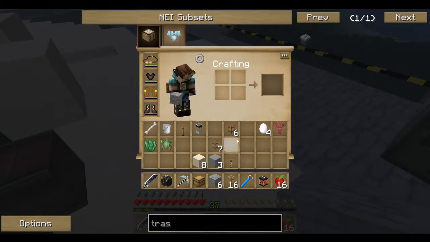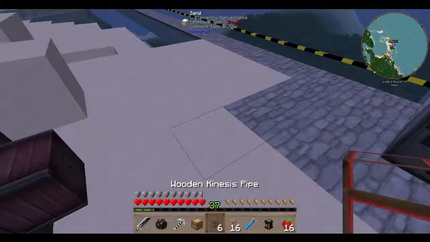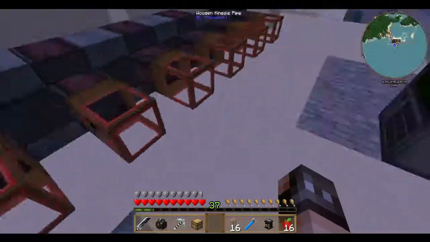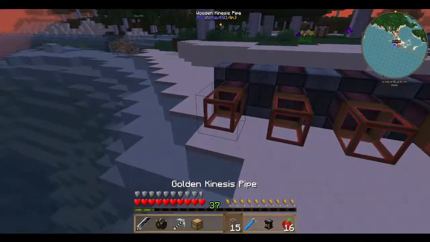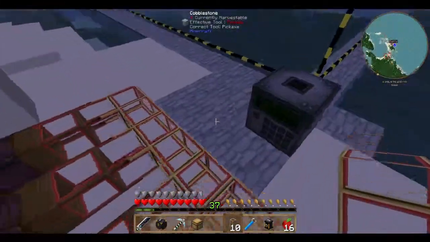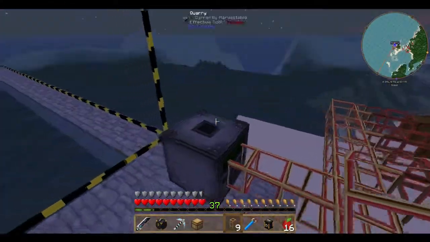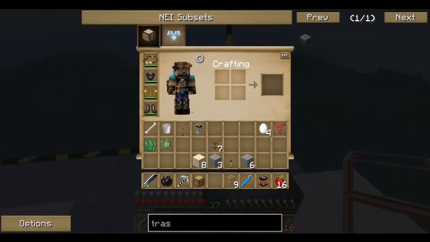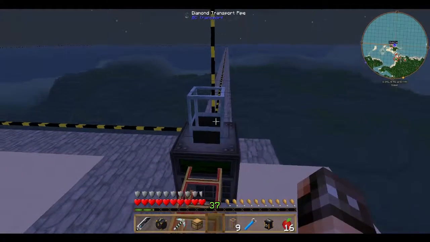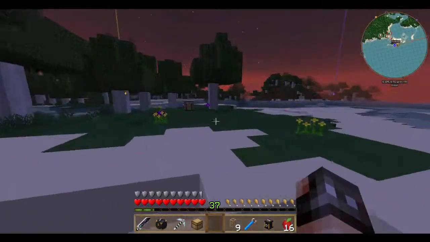So now with the kinesis pipes, as shown before, simply put 1, 2, 3, 4, 5, 6. Take my golden kinesis pipe, which I've created, and they will now feed directly into the quarry. My plan then is to get diamond, place the diamond on top like so, and now I need to create a